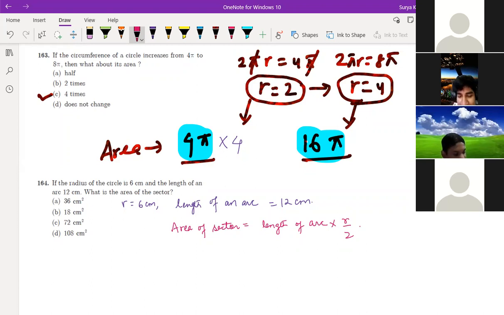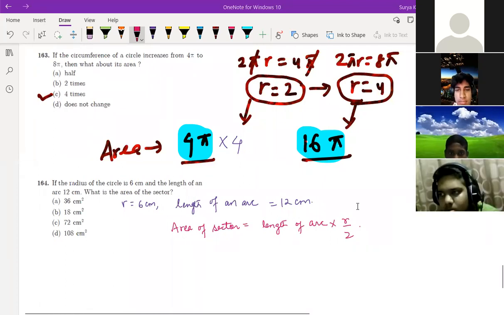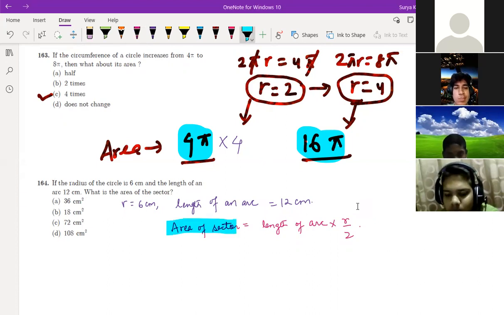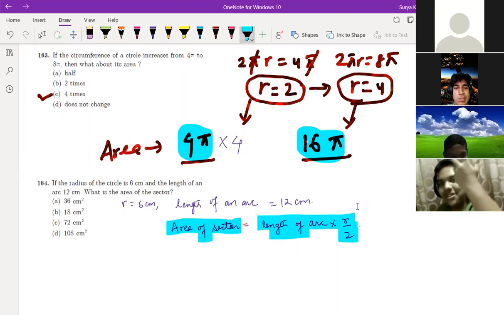Others, you also got the same answer, right? Tell me how we are getting it like this, or did you do it a different way? Sent in the chat box, the formula also. Okay, half into 12 into 6. Same thing you have done, right? Length of the arc into R divided by 2, correct? So how are we reaching this formula? I have never seen this formula before. How you children are getting it, I don't know. Your ma'am taught. For the others, who taught? Sir told. Okay.